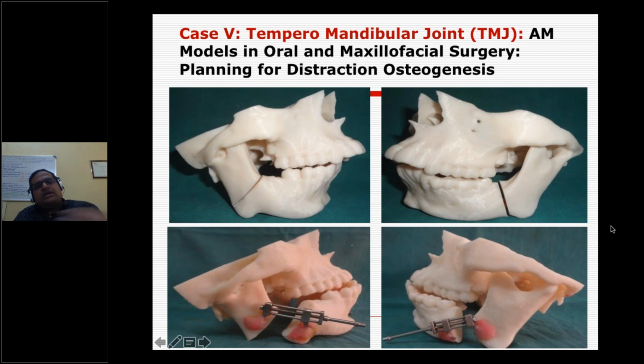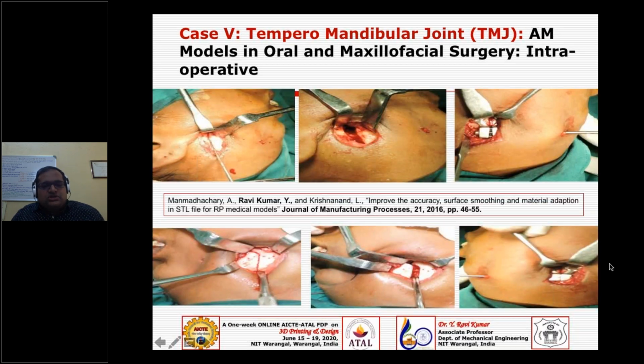So then how is this 3D printing helpful for this? You are using these models to calculate or rehearse the surgery, or plan the surgery, on these models. So this is what I explained about during the surgery: you cut the bone and fix this distractor, and she has to turn it, and then it should be stretched like this after some time. Maybe every day she has to rotate that screw.